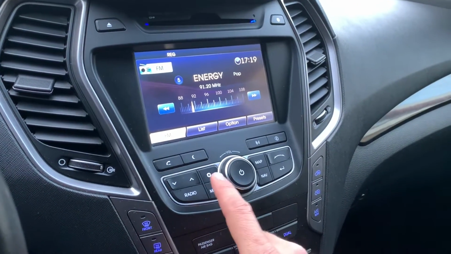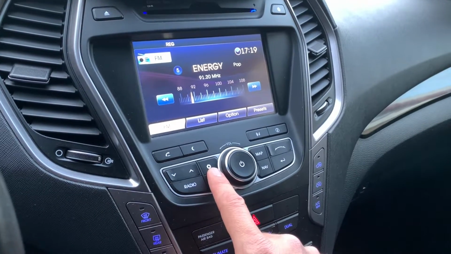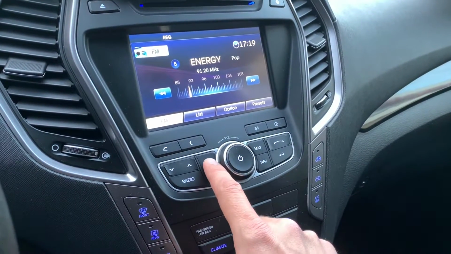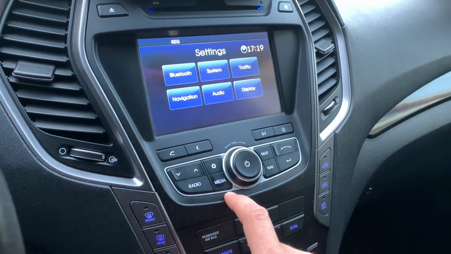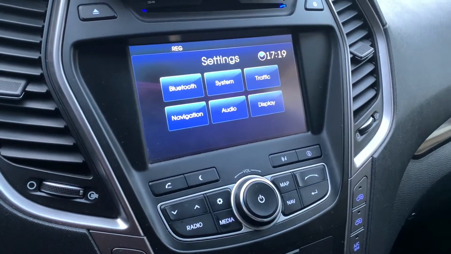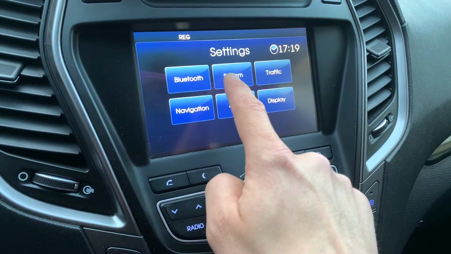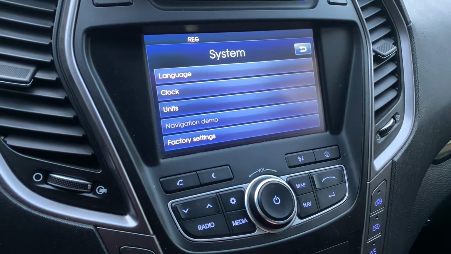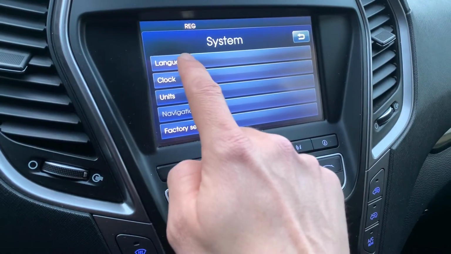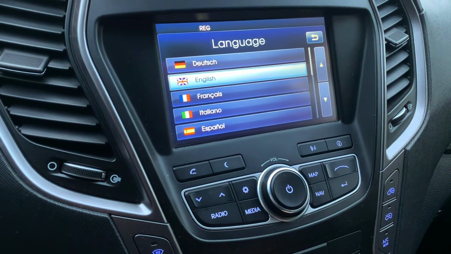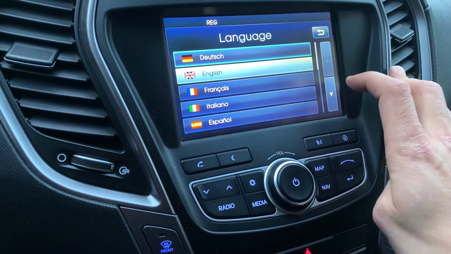Now, here you can see the shortcut of the setting icon. Just press it. And you see all options on your screen. Choose system. Then we can select language, and you can see all available languages: